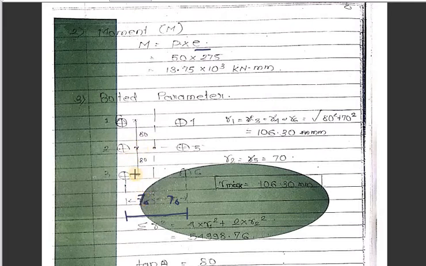But this 80 and 80 has been given. We have to find out the radius of gyration, that is the distance of all these 6 bolts with respect to the center of the plate. I am repeating, we have to find out the distance, that is r, of all the 6 bolts with respect to the center of the plate.